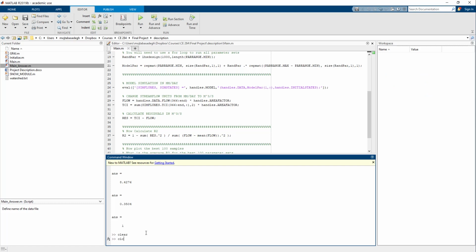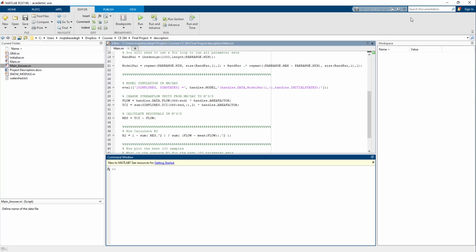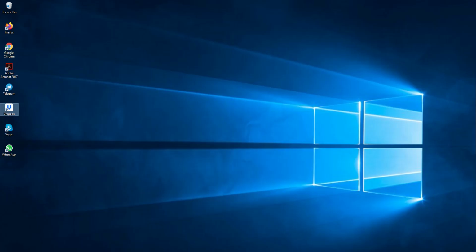Let me clear everything in my MATLAB, so I don't have anything in my workspace and anything in the command window. Let me start with